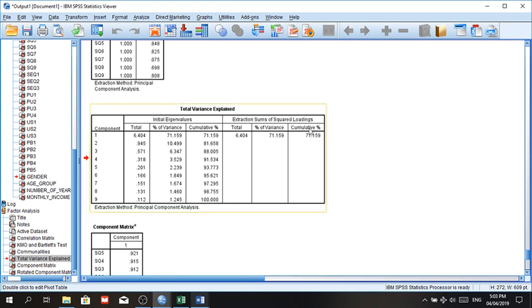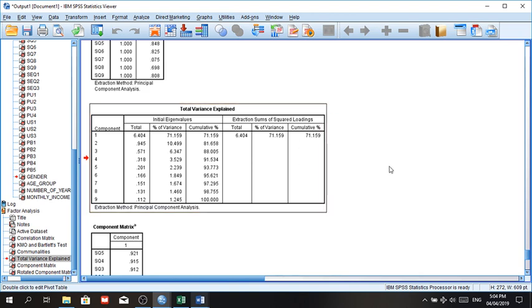Let me elaborate on this a little bit. I have a 71.15% total variance here. That means that 71% of my variance is accounted for by my questionnaire and the responses. The other 29% is due to some noise in the environment. Maybe in the way that they were answering the questionnaire. Maybe they were in a hurry, or there was some distraction, there was noise, there was poor handling of the questionnaire. You don't want that